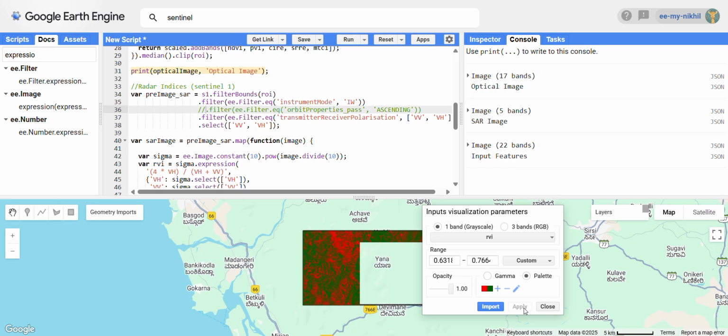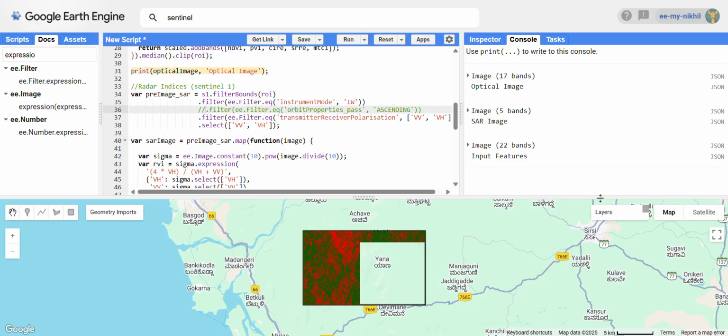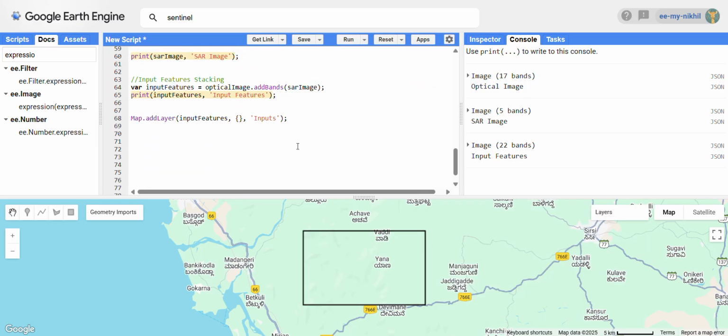Next, you can have this, but just set it to false, because I don't want to load the image every time. So this will be set to false. Now all my input features, all my independent variables, have been calculated. Now I want to import my GEDI L4A